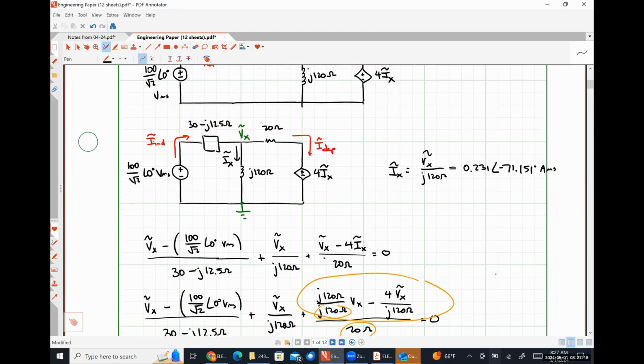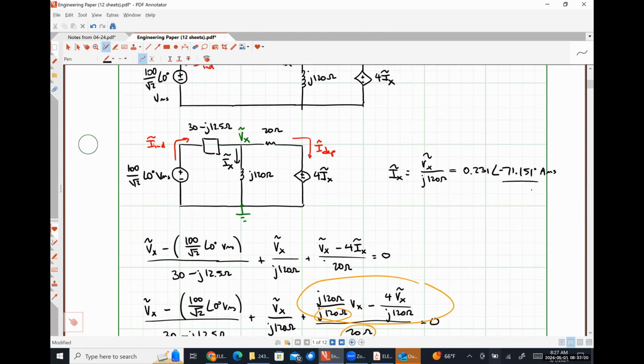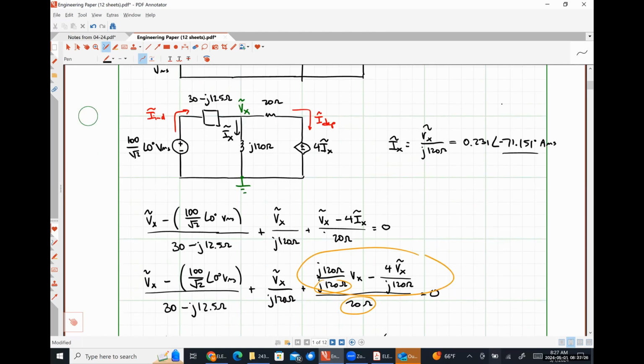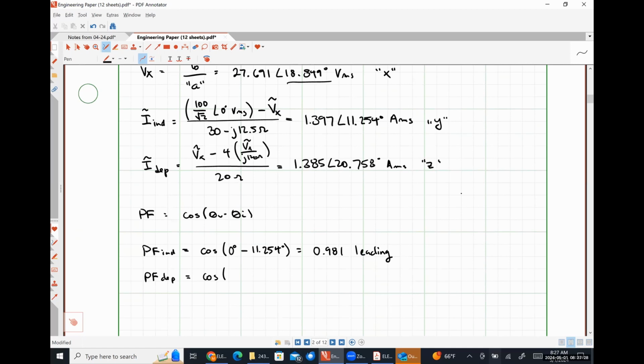If we subtracted 90 from that, we would get this exact number, exactly like I said it would shake out. Okay. So we're going to have negative 71.151 degrees